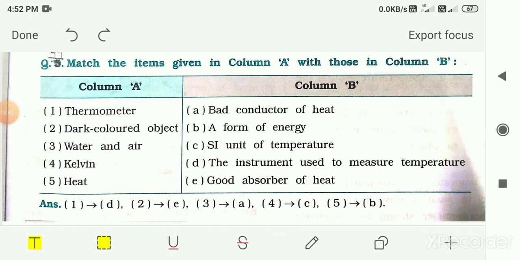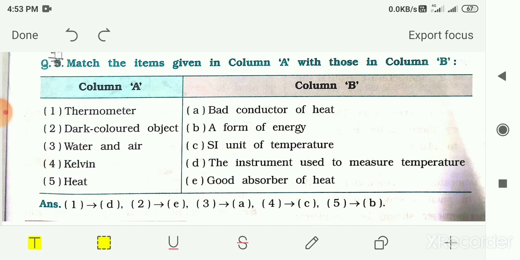So in this video, we had seen the remaining differences, that is fourth, fifth and sixth number: difference between conduction and convection, conduction and radiation, land breeze and sea breeze. Then after we had seen the classification between good conductors and bad conductors, and then after we had seen matching. So you have to write this remaining difference, classification, and question 11, that is matching, in your notebook. This is your homework. In the next video we will see detailed question answers for this chapter.